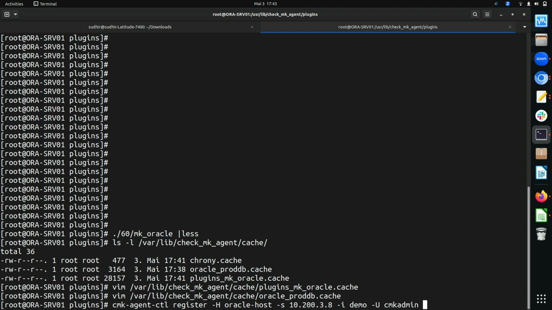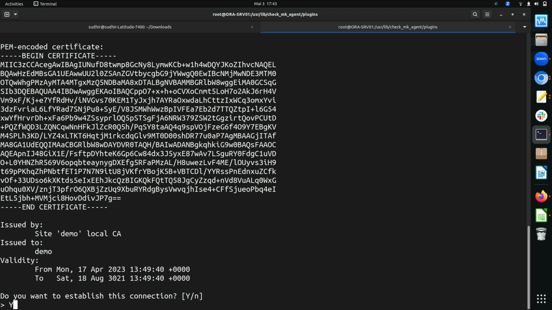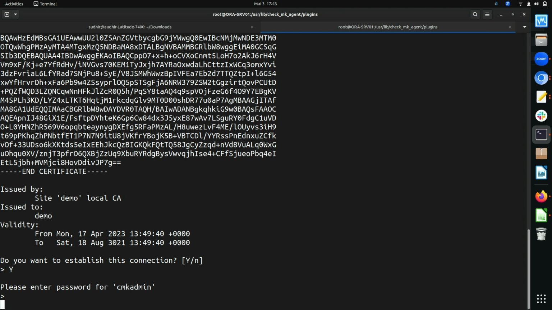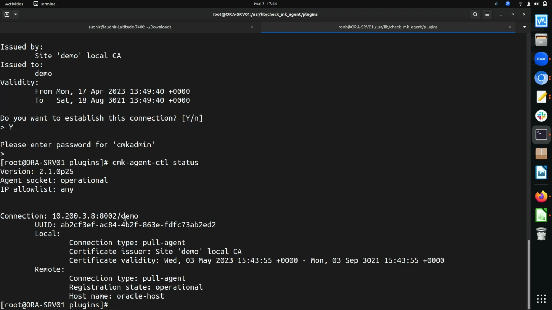So if you just press enter, you have to establish the connection, you press yes, and then type the password. And after that, you will see the screen. If you just now type cmk agent ctl status, you will see now the agent has been registered against this monitoring server on port 8002, and the site is demo.